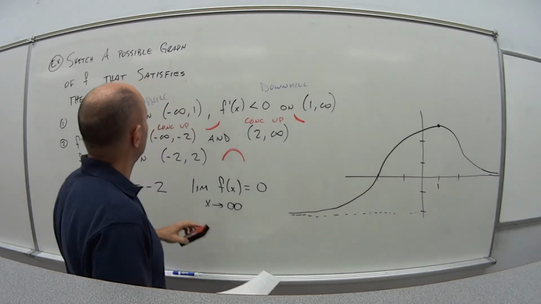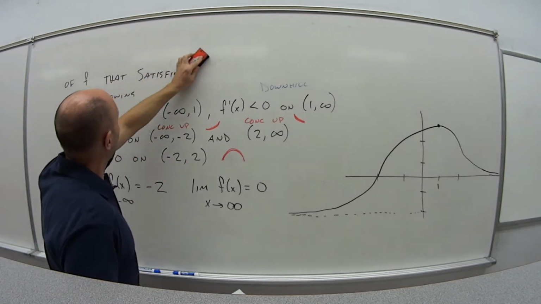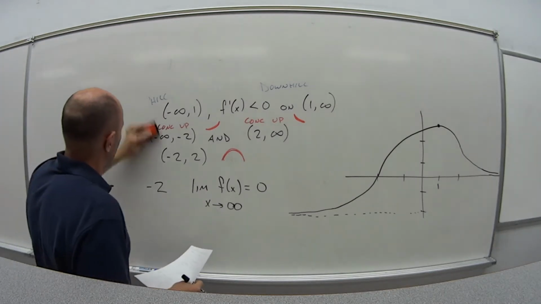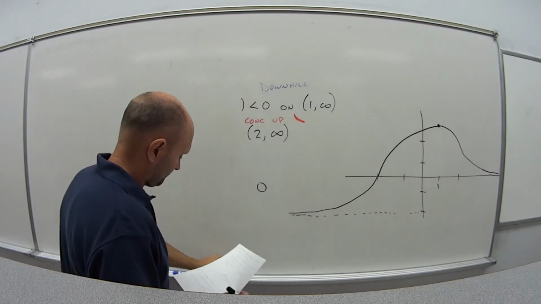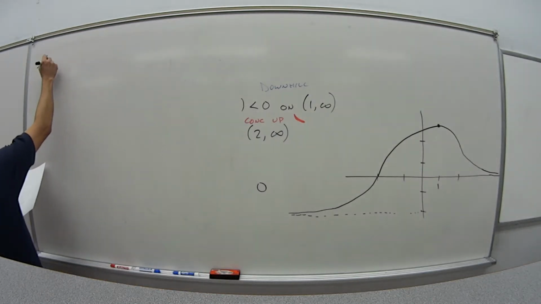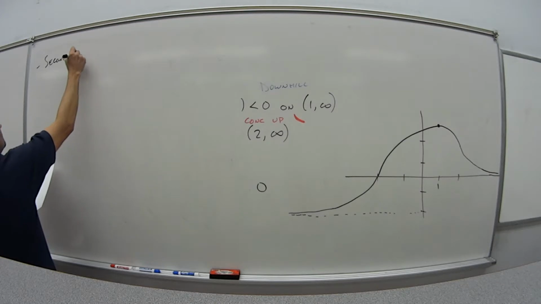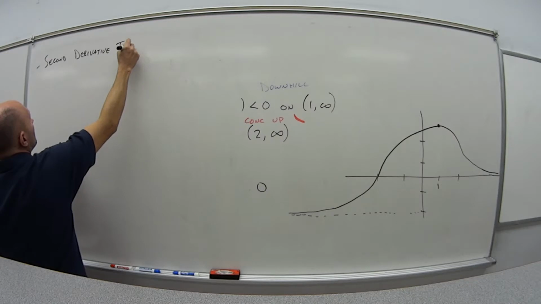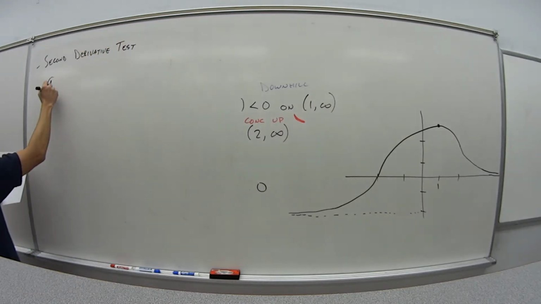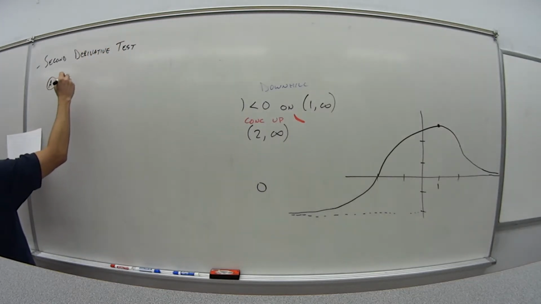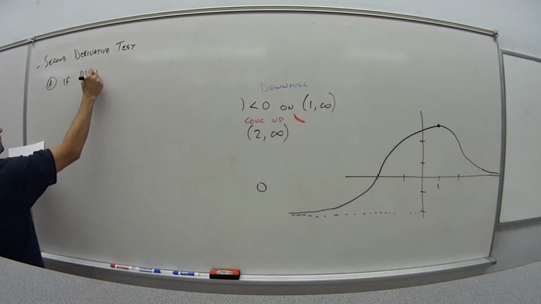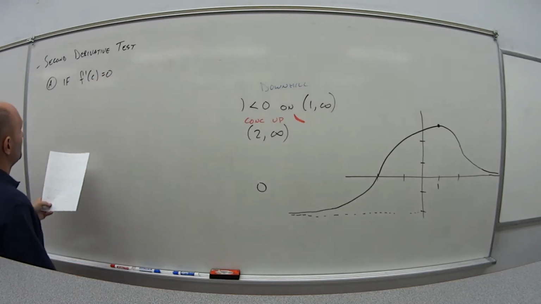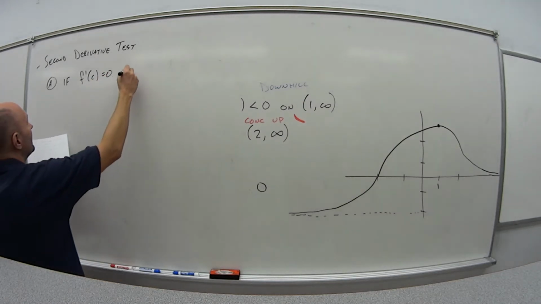So earlier in this video, I'm going to erase this here. Early in the videos we had the first derivative test. So this leads us to the second derivative test, and that says the following. We have first, if f prime of c is 0, so that means what? Horizontal line, so it has to be a max or min, and